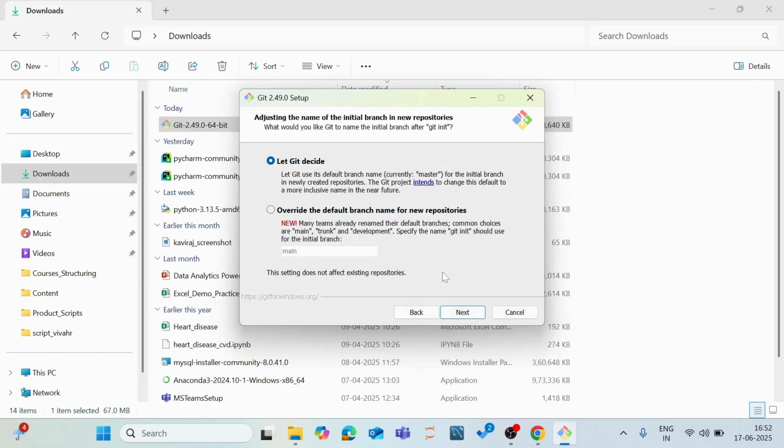And this is where you have to adjust the name of the initial branch. What would you like Git to name as an initial branch? So you have two options, whether to let Git decide or you can choose the other option. So I'm going to choose override the default branch name for the new repositories, and I'm going to